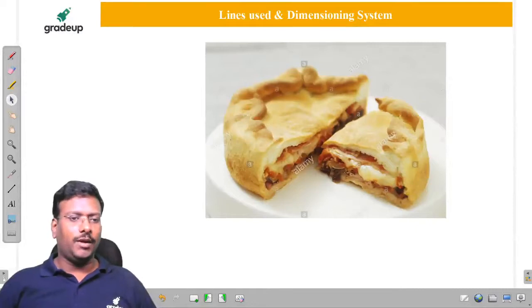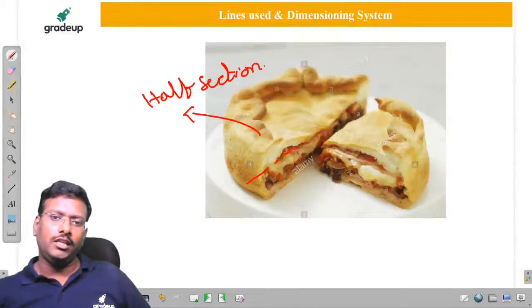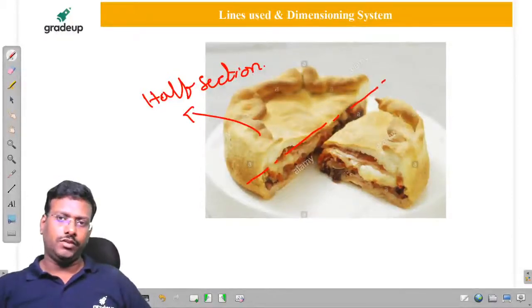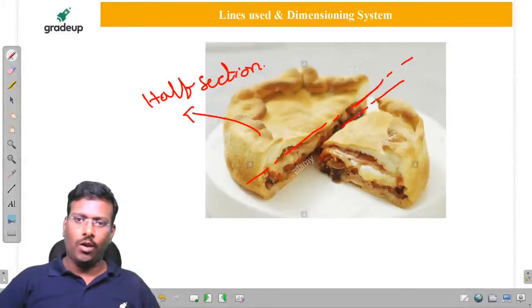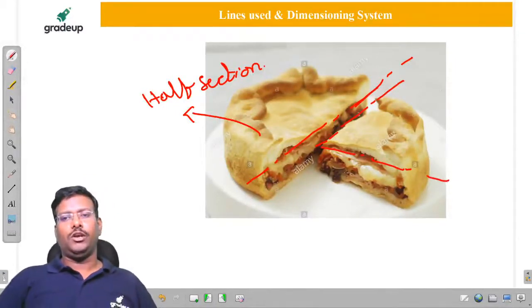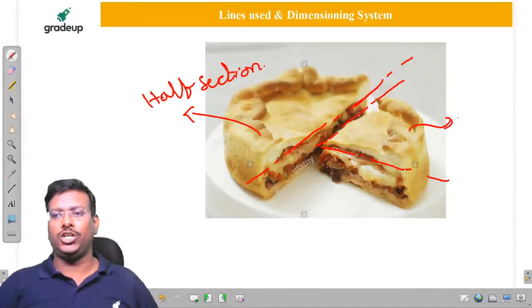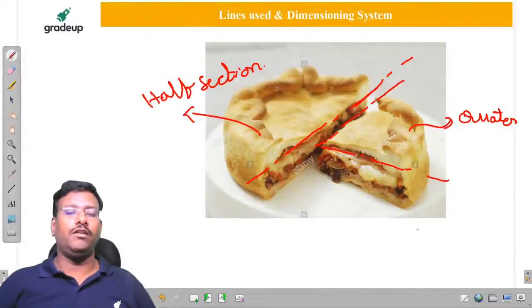This is nothing but off section. So if you cut like this, we are going to get this one. If you cut like this, we are going to get this. But in this case, we have to cut like this up to this. Then we need to change the direction. So this is called quarter section. Quarter section will come under